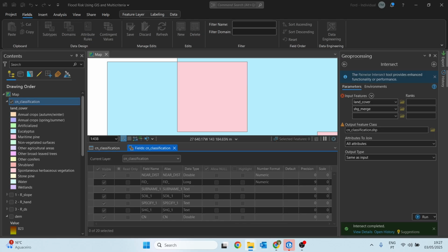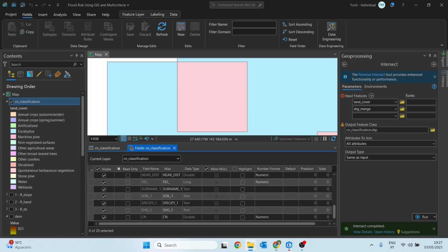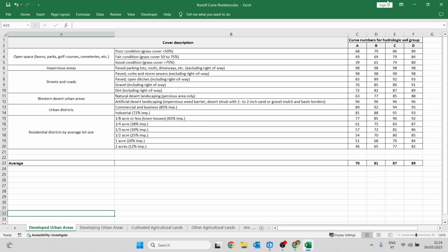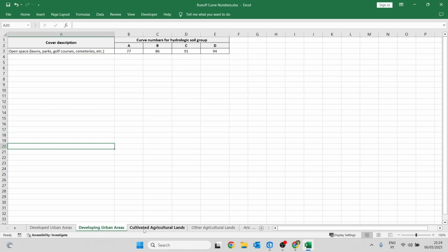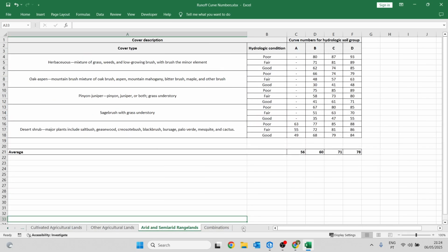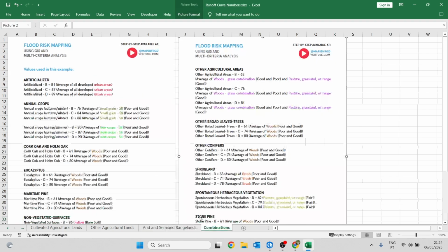As I mentioned earlier, we need to match the original reference tables with the land use categories available in our dataset. In my case, I've already done that work in this Excel file. This Excel file will also be shared along with all the other data used in this project. As we already saw on the website, this is the structure of these tables, and if I go to the last sheet of this Excel file, we can see a direct correspondence with the data we are using.